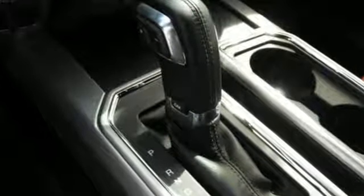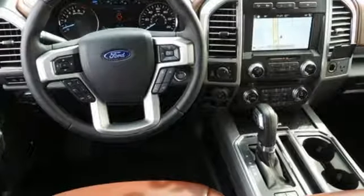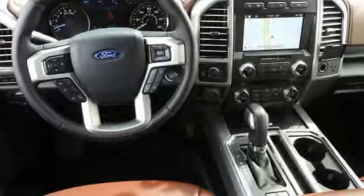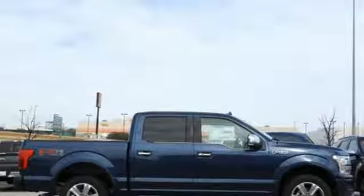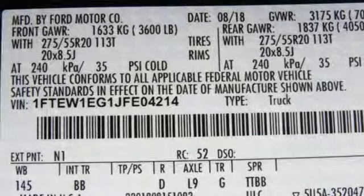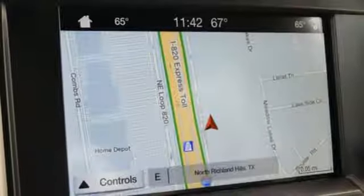V8 engine, electronic shift on the fly, engine auto stop start feature, trailer brake controller, integrated navigation system with voice activation, power heated mirrors, heated and ventilated leather bucket seats, mirror mounted spotlights, gas pressurized shocks, rear parking sensors, and